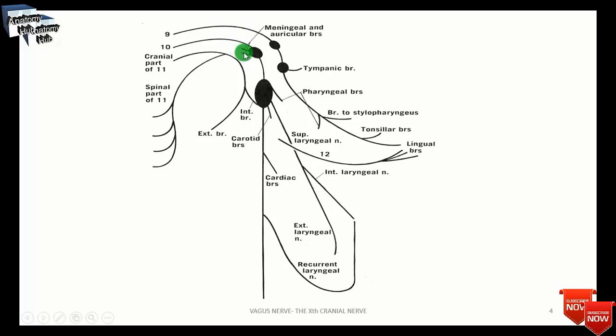external acoustic meatus. The pharyngeal branch that you can see here is the chief motor nerve to the pharynx and the soft palate, along with glossopharyngeal nerve fibers. These branches form the pharyngeal plexus on the constrictors of the pharynx.